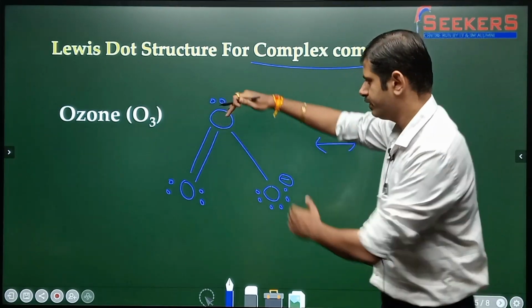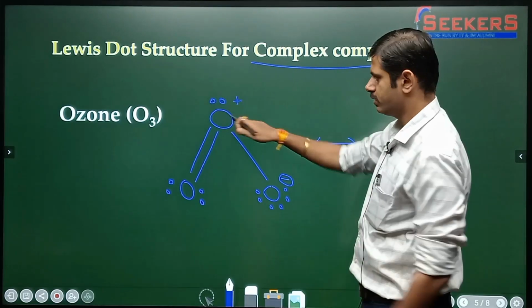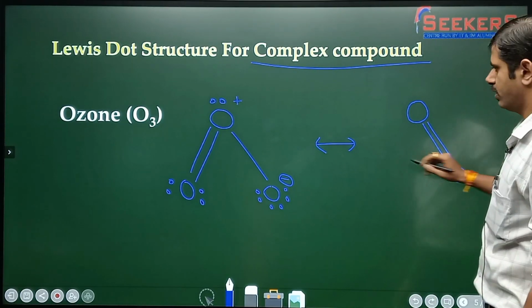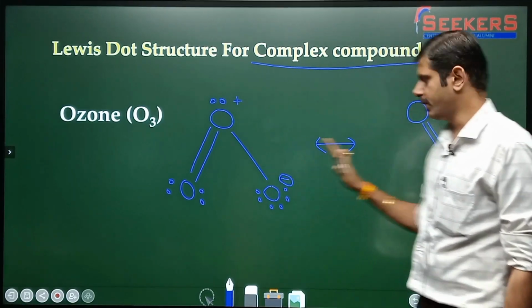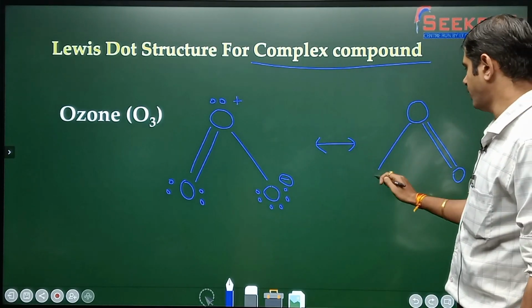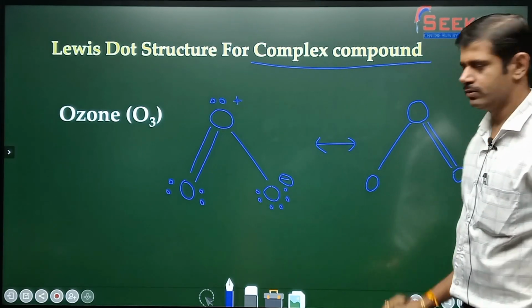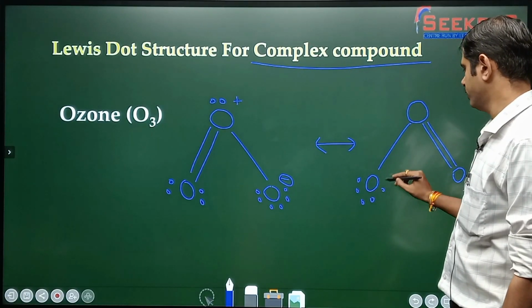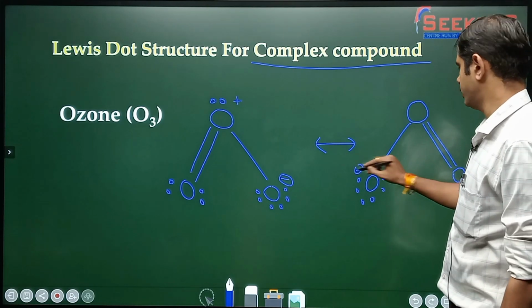There can be a double bond between this and this oxygen also. So I'll draw another structure. I'll reverse it. Now the right hand side oxygen has a double bond, and the left hand side has a single bond. So there is 1, 2, 3, 4, 5, 6. There is a negative charge, and here